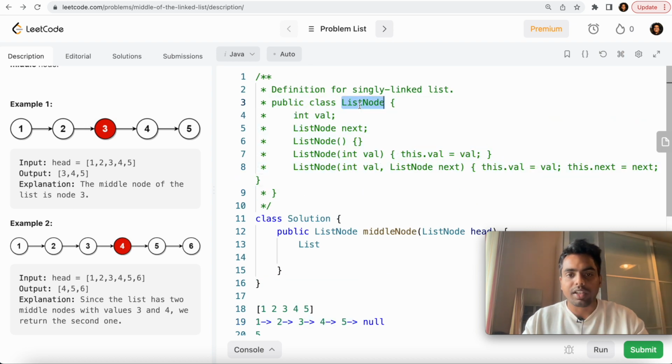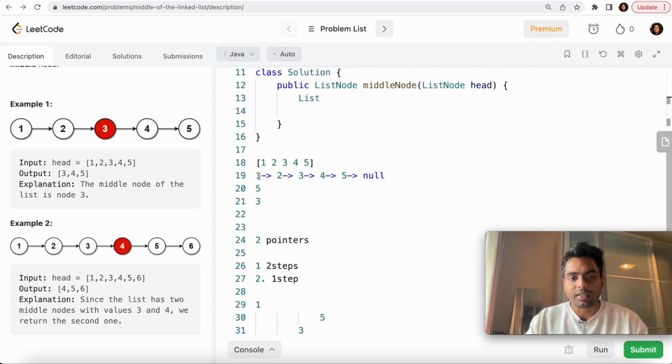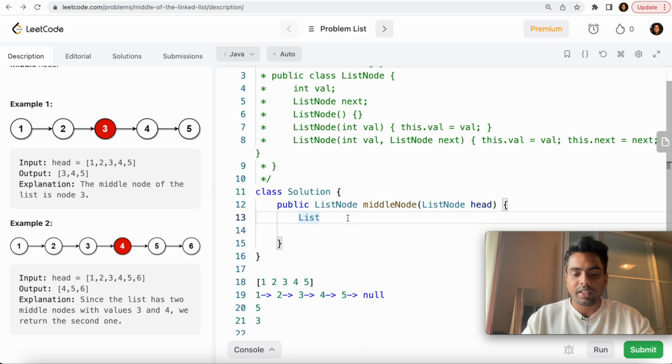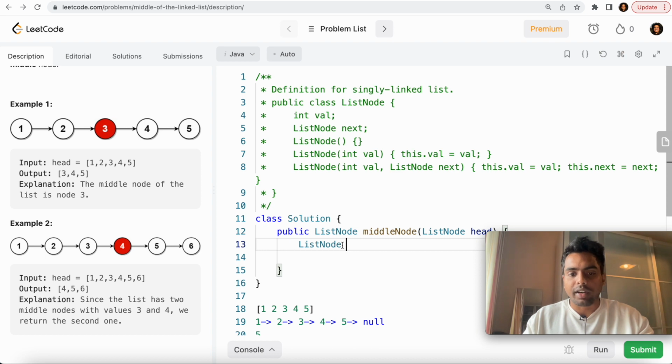So this is our list node, which contains value and next. So next is basically the address to the next element. So this is not just a value, this is a node. So it has a value and then an address, data type, and then some functions, constructors. Okay, I'm not going deep into that. So I'll just start with this. It will give me an idea of what data type I will be using